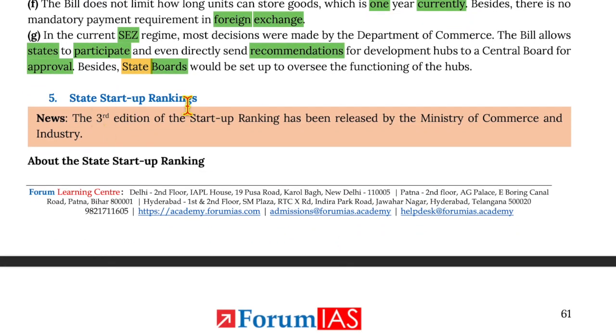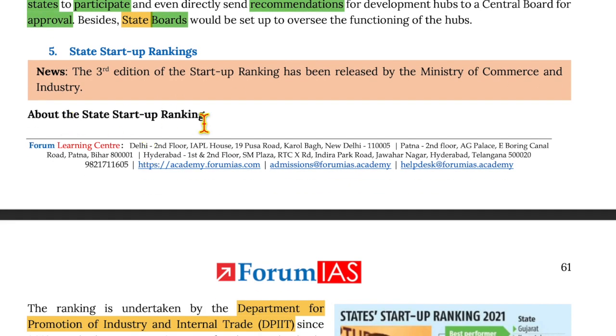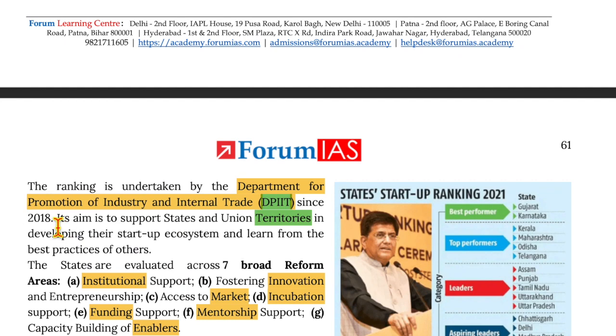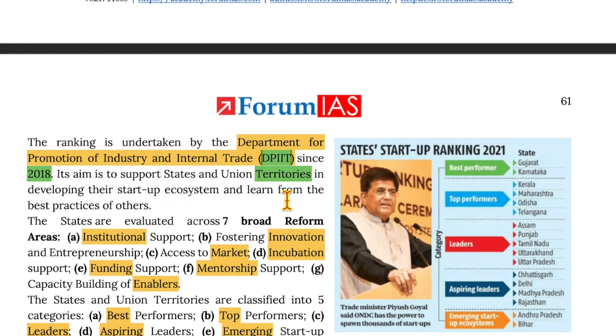Moving on to state startup rankings, the third edition of the state startup ranking has been released by the Ministry of Commerce and Industry. Now, about the state startup ranking, the ranking is undertaken by the Department for Promotion of Industry and Internal Trade, that is DPIIT. Since 2018, its aim is to support states and union territories in developing their startup ecosystem and learn from the